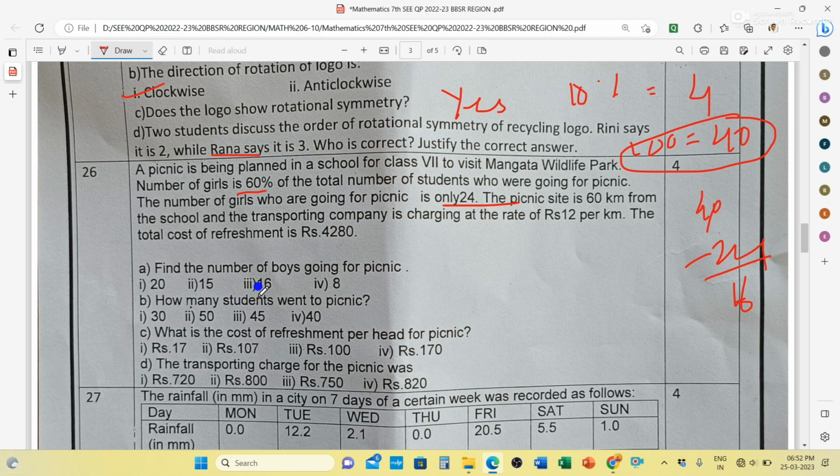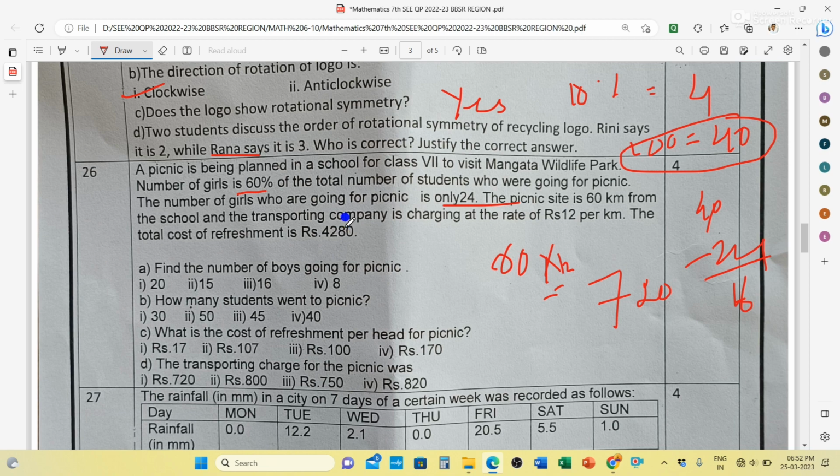Correct. Okay, the picnic site is 60 km from the school and the transporting company is charging at the rate of 12 per kilometer. So for 1 kilometer you have to pay 12 rupees. So for 60 kilometers you have to pay 60 multiplied by 12. That will be equal to 720. So 720 rupees. The total cost of refreshment is